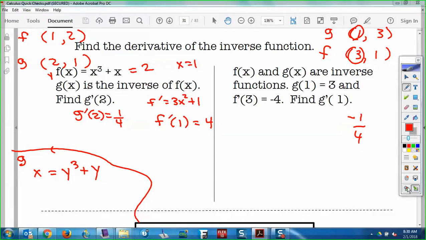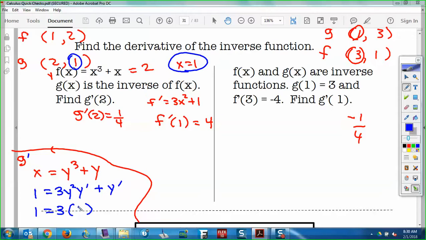All right. And then I know Matt, you had said something about interchanging. This is what we did the other day, where we thought, well, let's do this. This would be finding g prime right here, and that's fine. The only problem is you have to know what to plug in for your y here. You don't know what to plug in for your y until you set this equation equal to 2 and get that number. This is the x number on f, so it's the y number on g. And so when we put that in there,